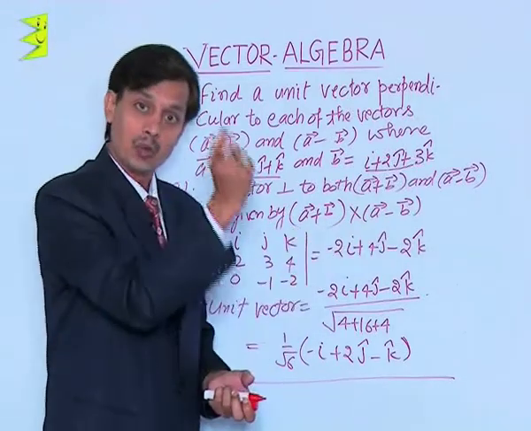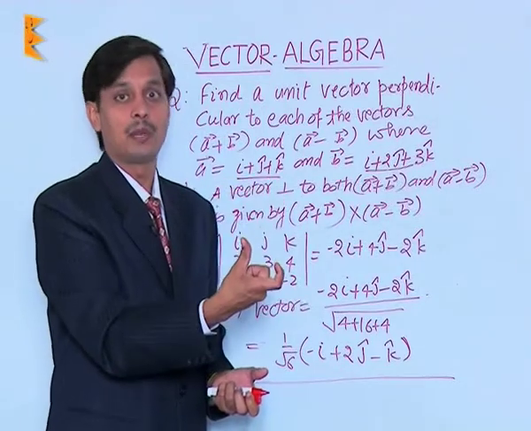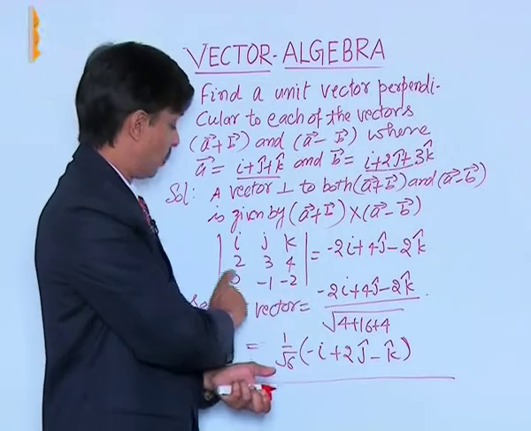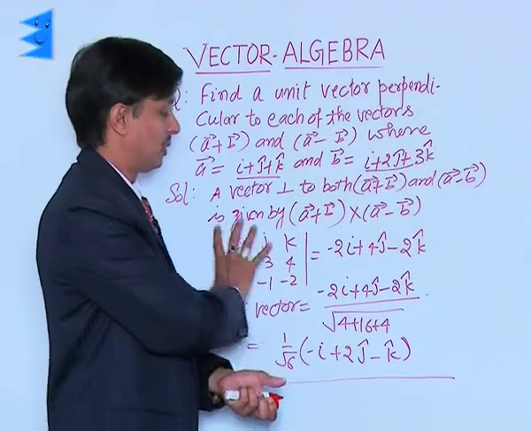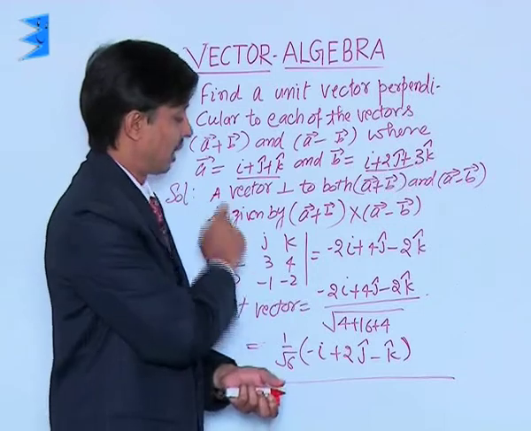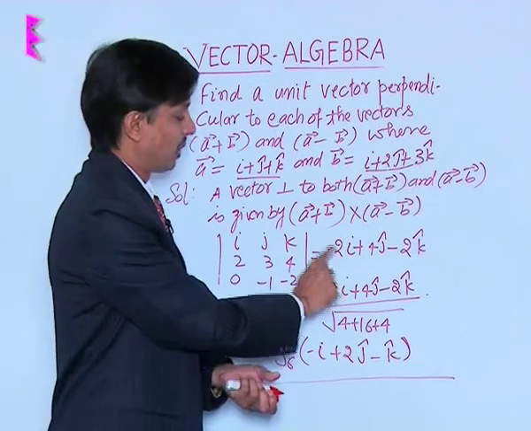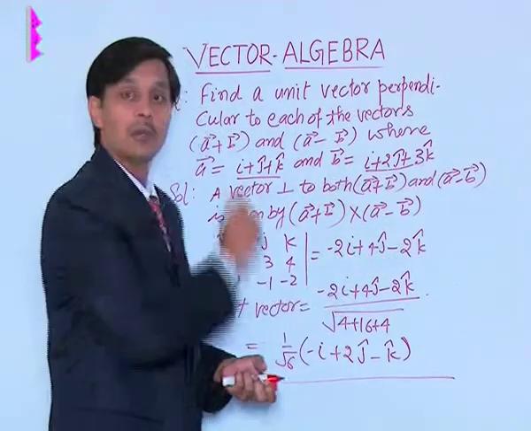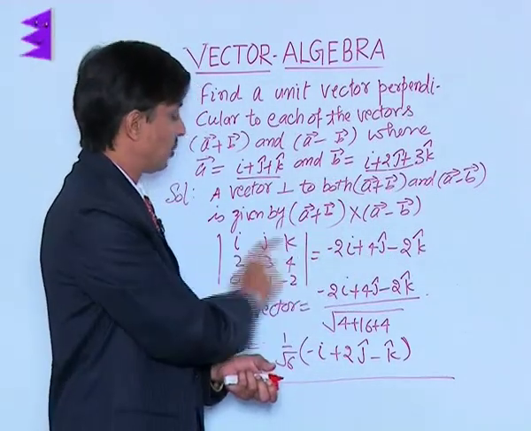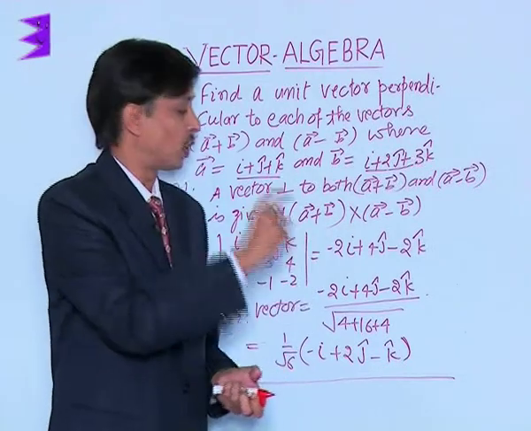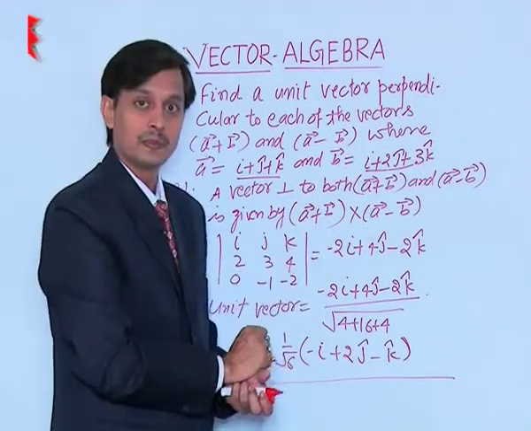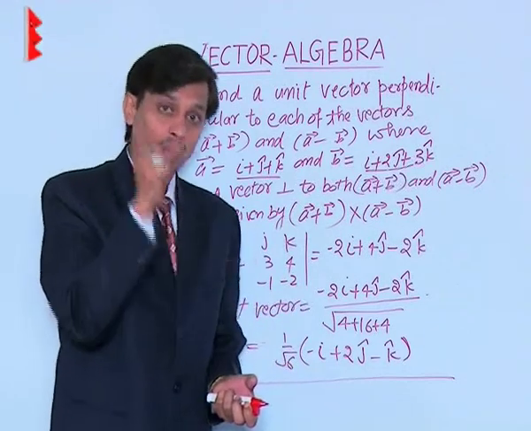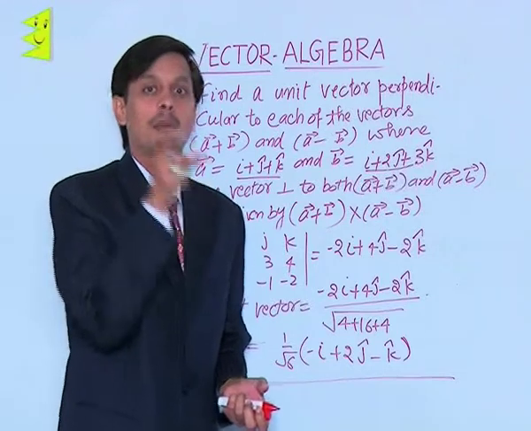So we are going to calculate the cross product of vector a plus b and vector a minus b. First we have added, then we have subtracted, and then by the determinant i, j, k, with coefficients of a plus b and coefficients of a minus b, after calculating by the matrix method, we have obtained minus 2i plus 4j minus 2k. This is the value of this determinant, which is equal to the cross product of a plus b and a minus b. As already explained, the cross product of two vectors is a vector which is perpendicular to both vectors.